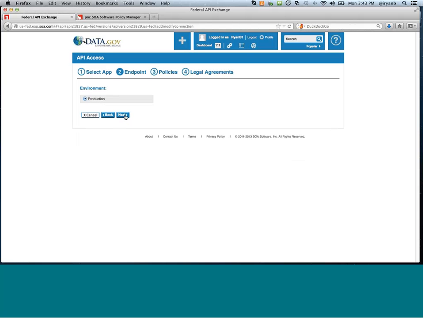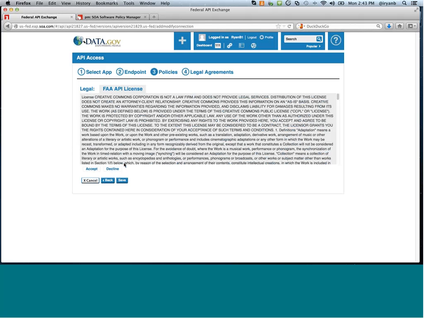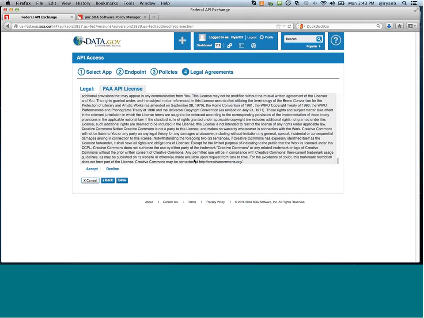Select the environment we're connecting to. If Sandbox was available, you'd see a Sandbox link there. The last step, or the third step in the process, is to connect a quality of service policy to the application. So for demonstration purposes, I'll just connect the Sandbox free policy, which is 10 transactions per minute, I happen to know. And then we'll look at the legal agreement, have to read it and accept it before the contract